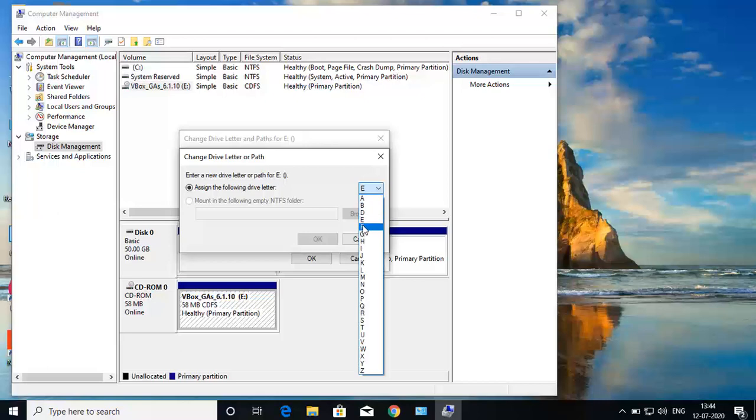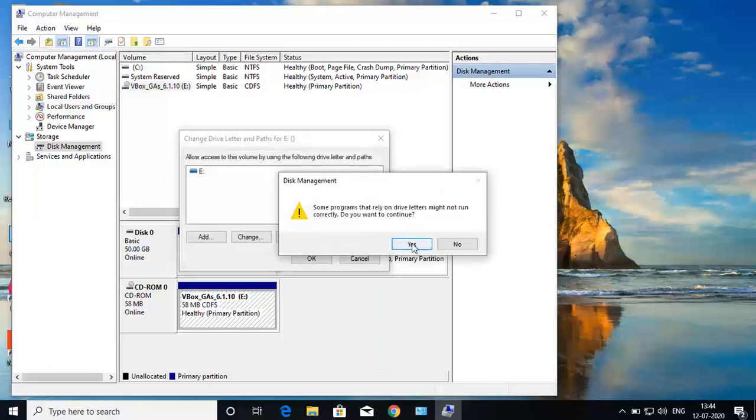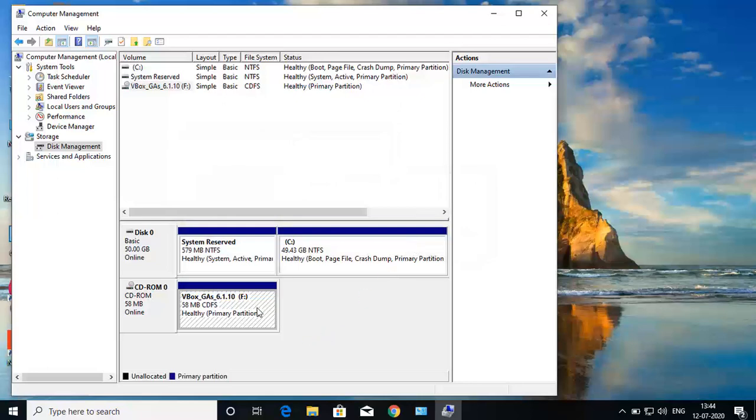Say we want to rename it as F. By this way we can rename the partition, except the OS partition.